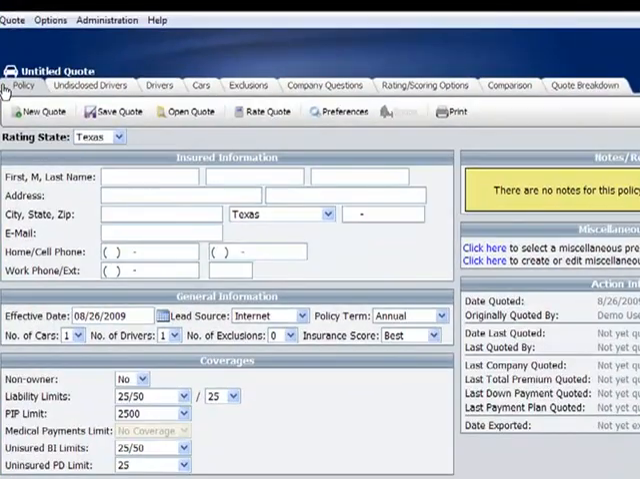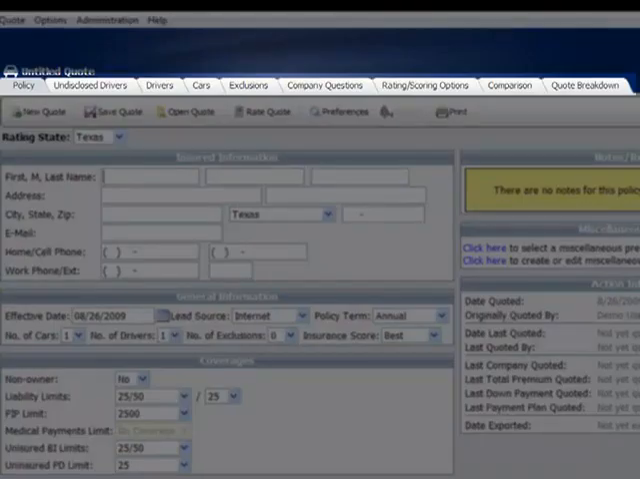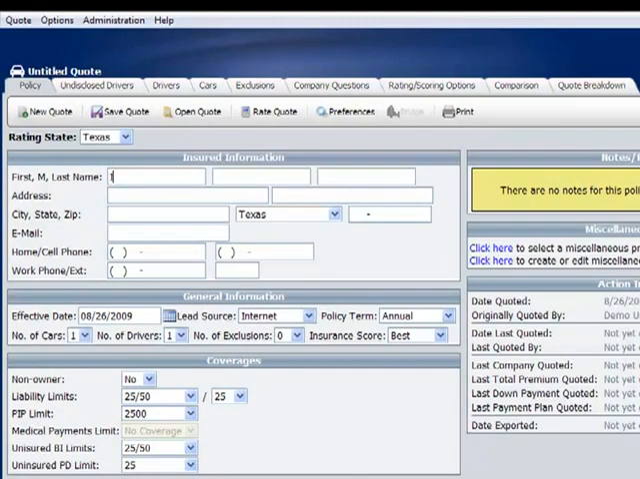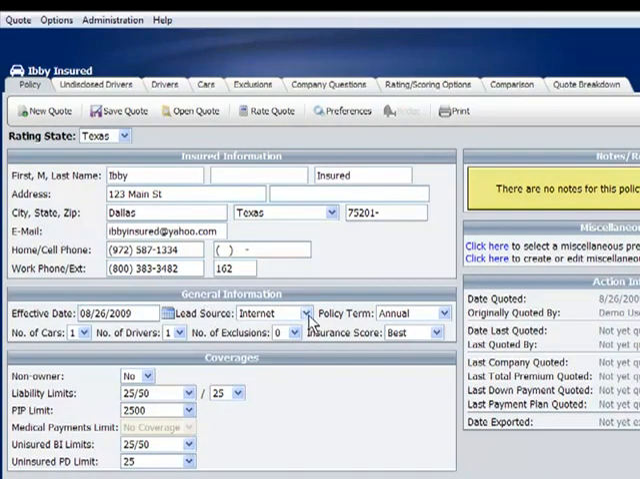After you log into TurboRater, you'll be on the new quotes screen. To obtain company quotes, we'll go through each of these tabs, starting with the Policy tab. Here I will enter a customer's name and contact information under the Insured Information heading. Under the General Information heading, I'll enter the effective date of the policy, the source of the quote,